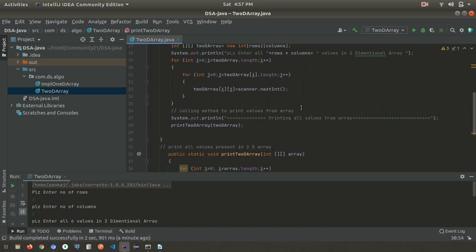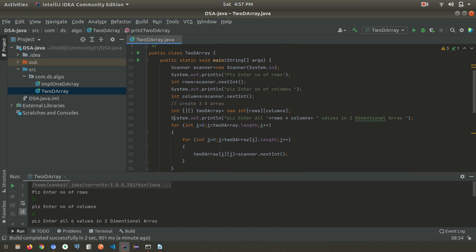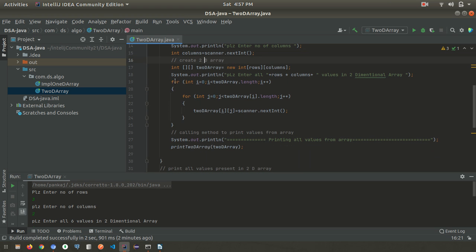What we can do, so this logic is once the array is created, here we are asking to enter all the data.